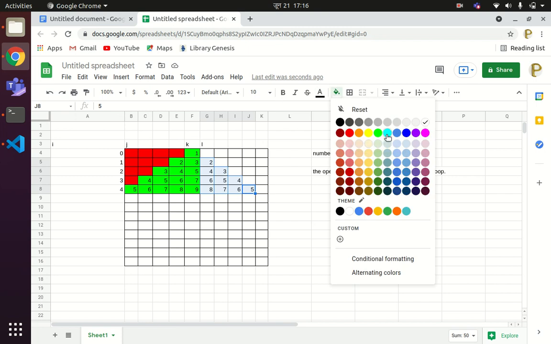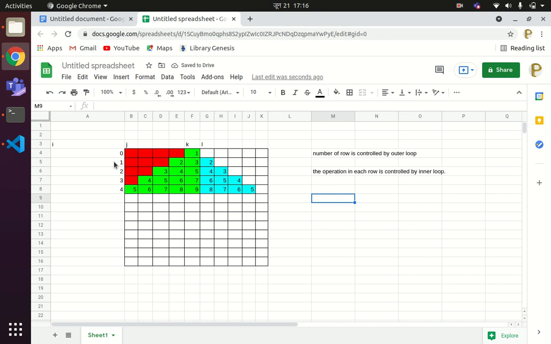There are three sets of values that need to be printed: one is the red colored spaces, another is this colored set of numbers, and another is another set of colored numbers. The value of this number depends upon the num count values. The number should be decremented from the initial values 3 3 4 4 5 5. In this case we incremented num count, then num count was decremented by 2, and this value was again decremented up to the value of I plus 1.